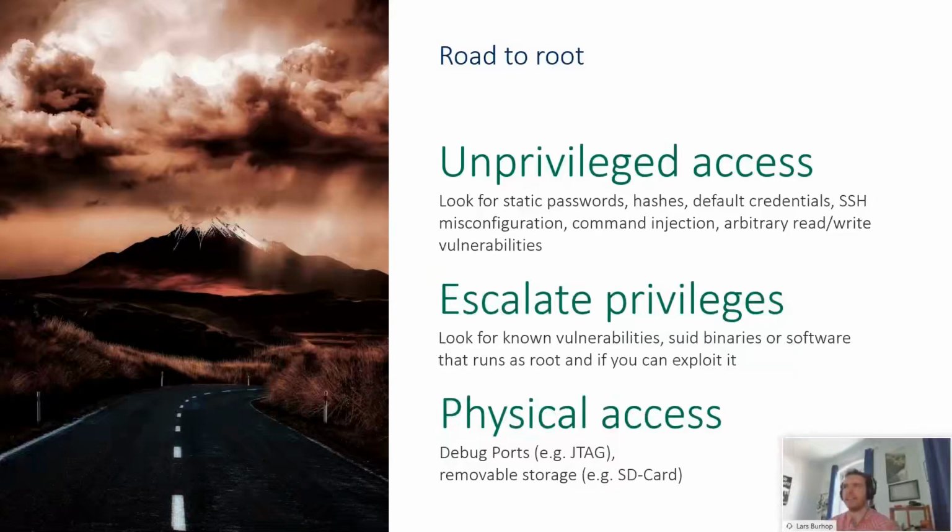And then for escalating privileges, we just checked vulnerability databases and then looked into every SUID binary to check whether we could execute it, manipulate it, or stuff like that, because that's a way to create our own escalation vulnerability. And on a side note, we tried to move via the physical access, but that's a whole different attack vector. But yeah, we pursued that too.